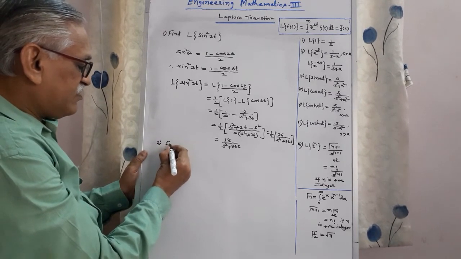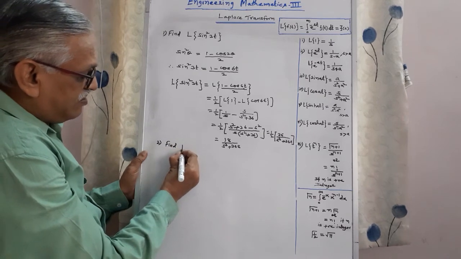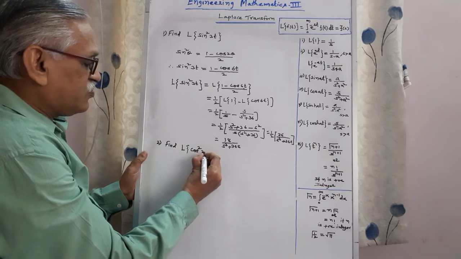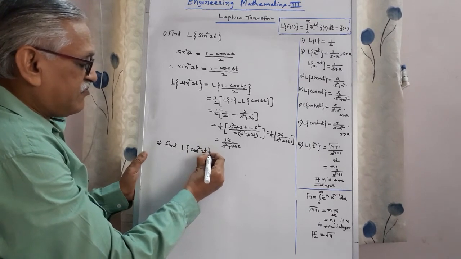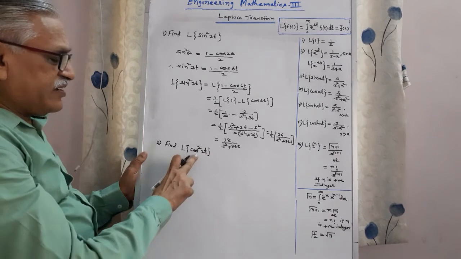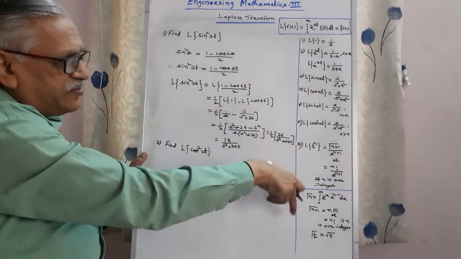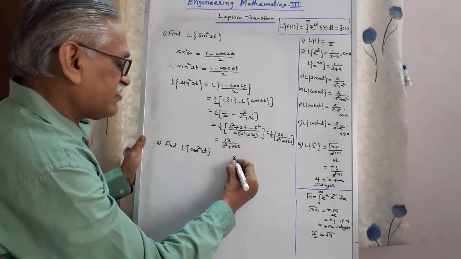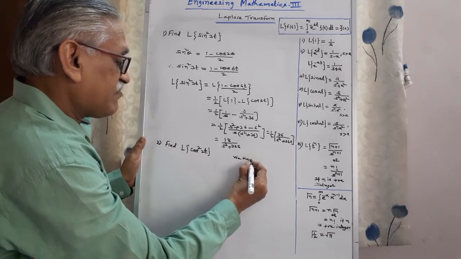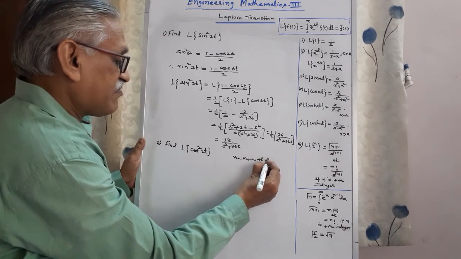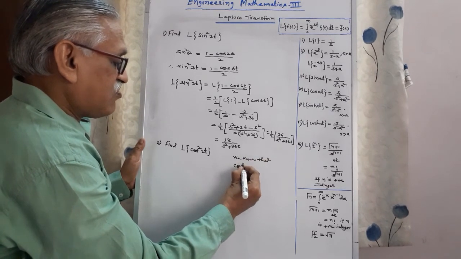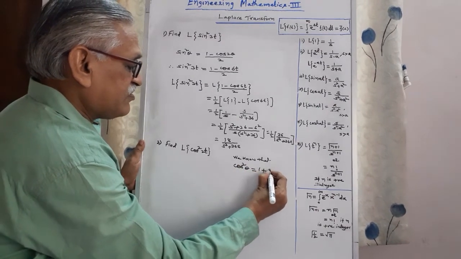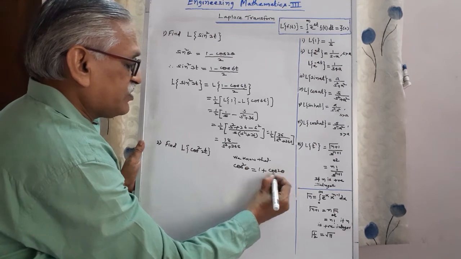Second problem: find Laplace of cos square 2t. Again, for cos square we don't have any result directly. Therefore, once again we apply a standard result. We know that cos square theta is 1 plus cos of 2 theta by 2,